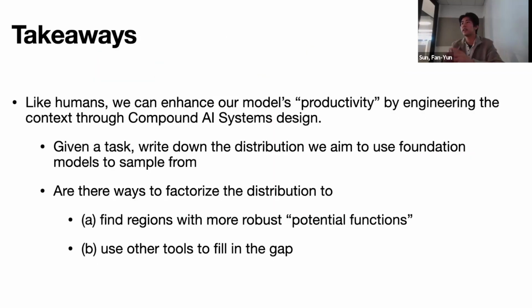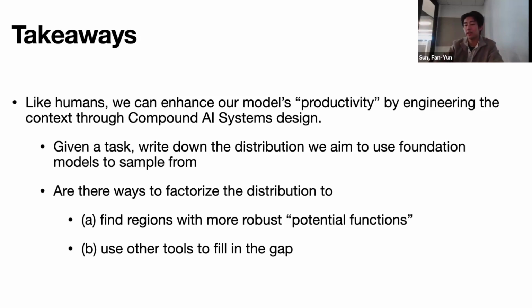I think what are the main takeaways that I want you to go away with? The main thing is that we humans can enhance our models' productivity, quote unquote, by engineering the context through better compound AI system design, right? So